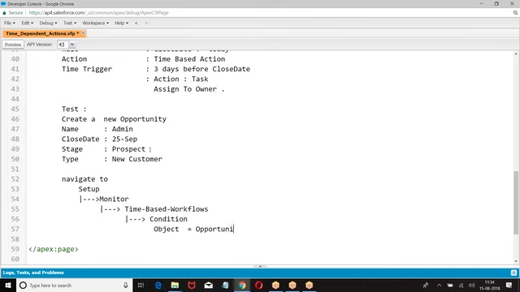Opportunity. You should be able to see the corresponding structure. I hope you are good with this.